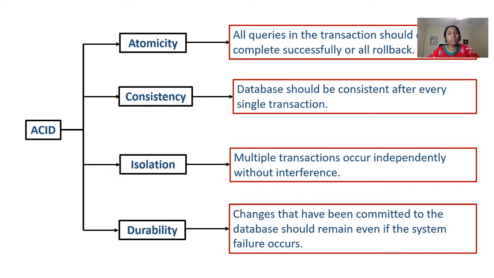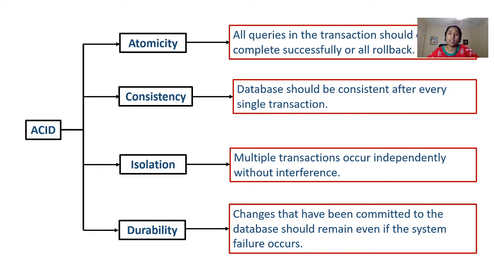Every major relational engine, it can be SQL Server, Oracle, PostgreSQL, Sybase, all these major relational engines should satisfy the ACID properties of transaction. What is this ACID? A stands for atomicity. Atomic meaning a single unit of work. A single transaction can contain one operation or it can contain multiple operations in it.